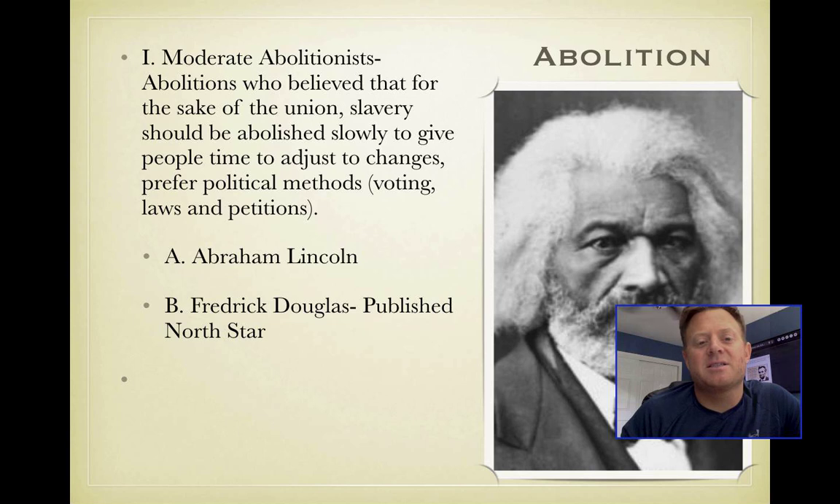A moderate abolitionist is a person who believes that for the sake of the Union, slavery should be abolished slowly over time, that it shouldn't be abolished instantaneously. There's a couple reasons for this. Number 1, it gets rid of slavery slowly. People have time to adjust, both slaves and slave owners. It gives the economy time to change slowly. The best way is political methods,